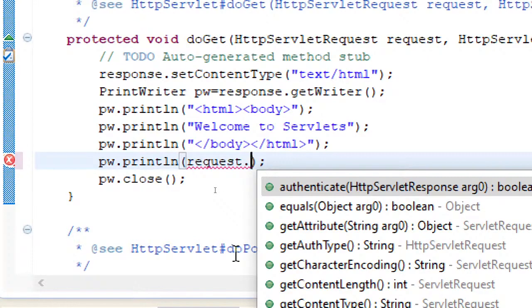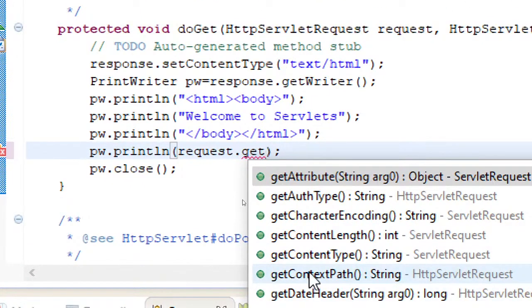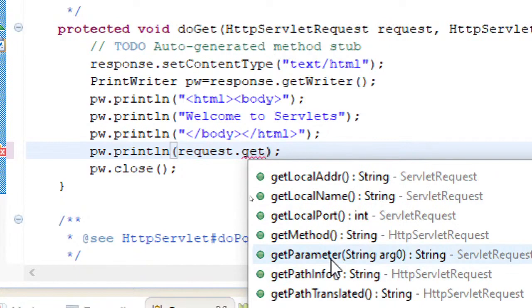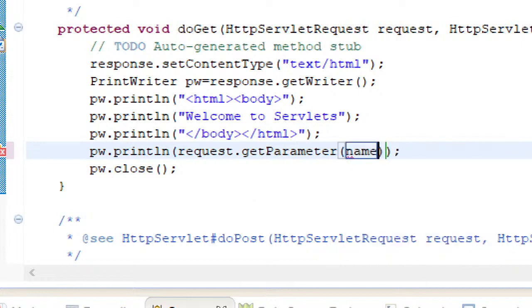So you can find a method getParameter. Yeah, here you can see request.getParameter, and within this you have to provide the parameter name that you have used in that form. So the username parameter name I have used is name. So this you have to put in double quotes.